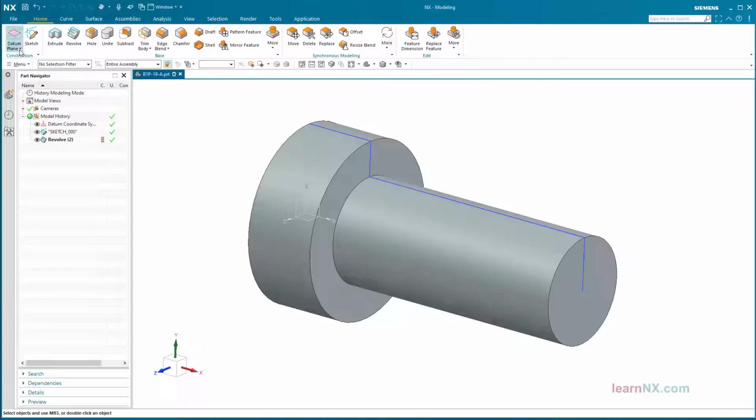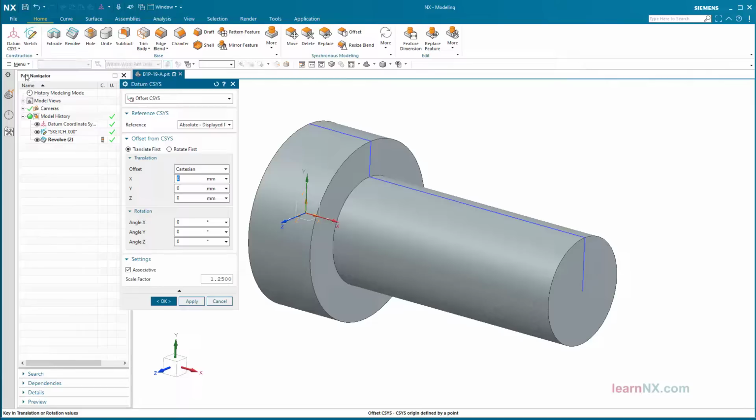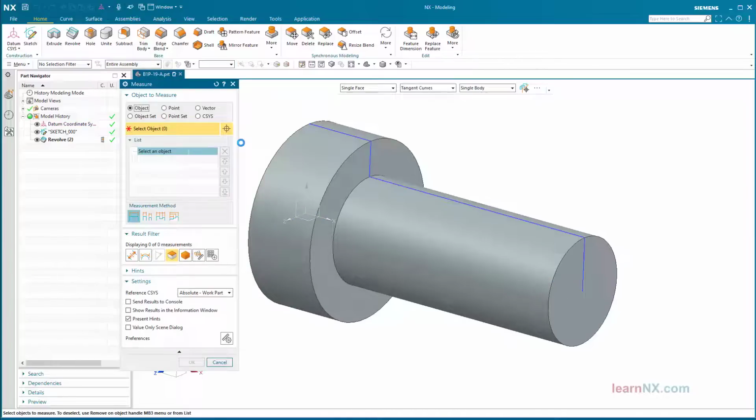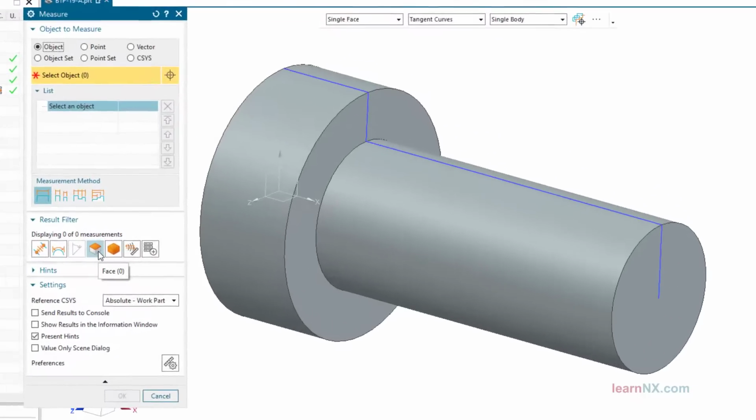Position Coordinate System. Select the method CSYS offset again and as reference the option selected CSYS. A constant value can be entered in the X direction, but in the Y direction the CSYS should automatically adjust to changes in diameter. Select Measure, and then, with the settings shown,